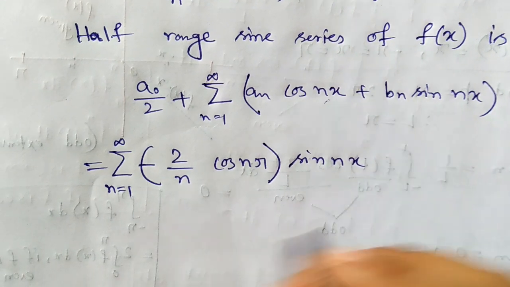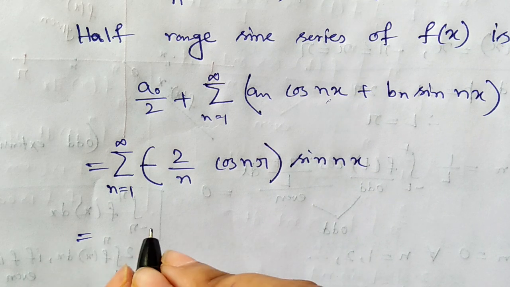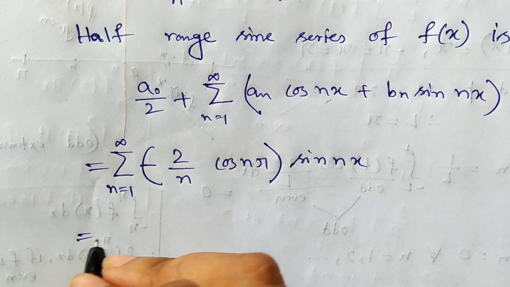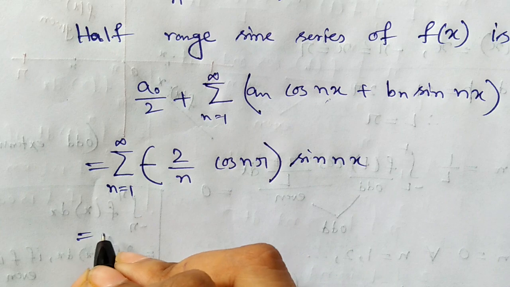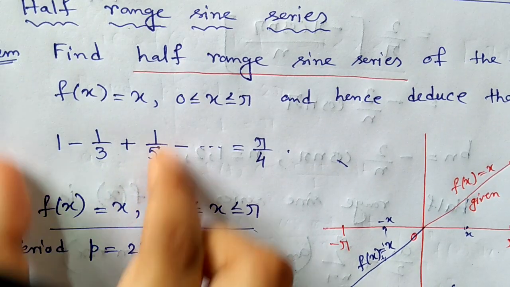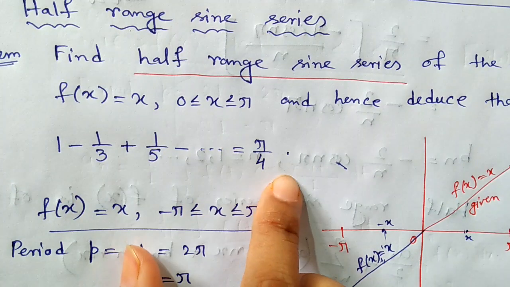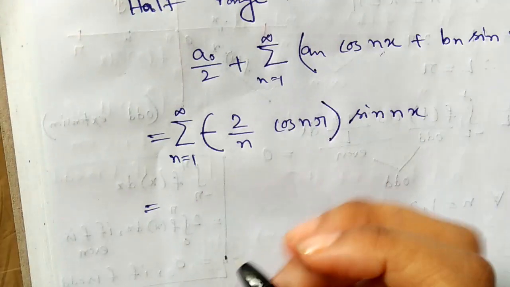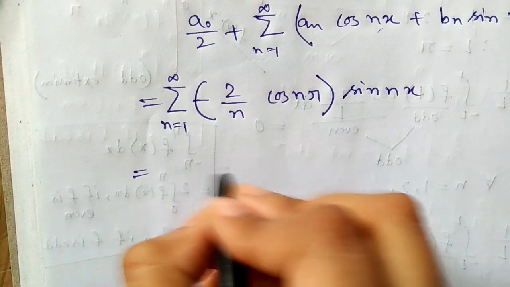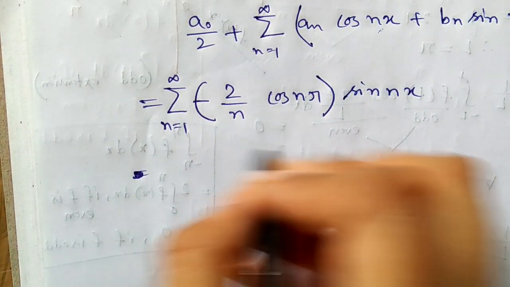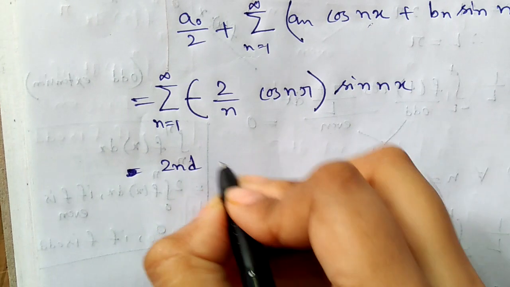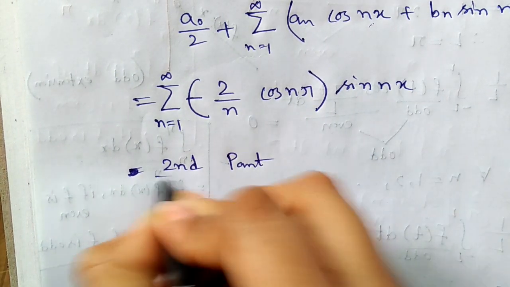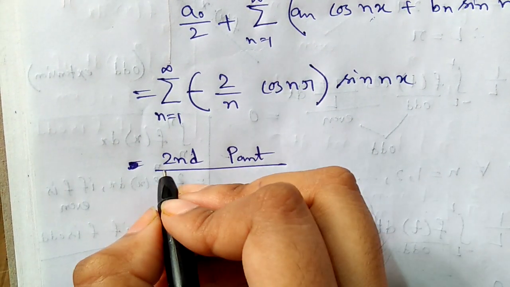Okay, next, okay, next see the problem. This is our problem. Hence deduce that this expression equal to pi by 4. So for the second part, I am splitting up here but don't want to split in this line. So go to the second part. Second part is here,